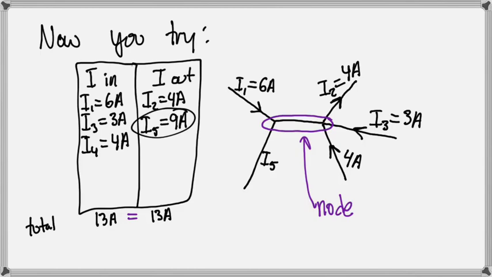Finally, let's designate the direction on the diagram with an arrow and show that it's going outward. So that, in a nutshell, is